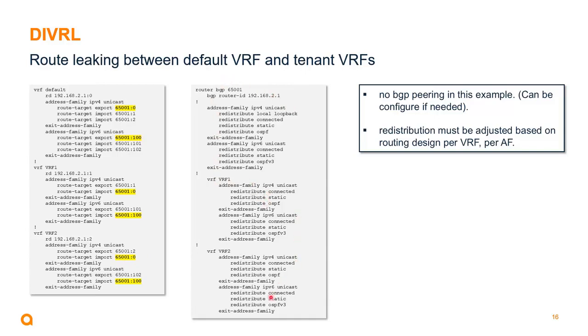Pay attention that specifically here, on purpose, I didn't put any BGP peering because you don't need any peering. It's just a matter of having the routes, for instance from OSPF, redistributed into BGP, and then using the BGP protocol to perform that redistribution between VRFs. So that's a way to inject those routes, either a redistribution of connected, static, or OSPF, depending on what is being used to populate the routing table. It could be as well using a BGP peering if there are BGP peers.